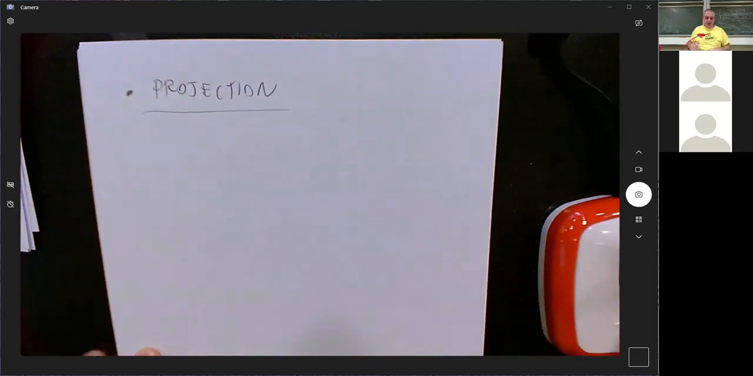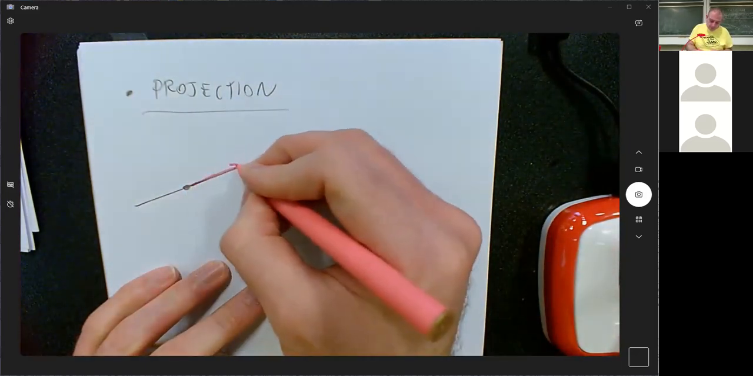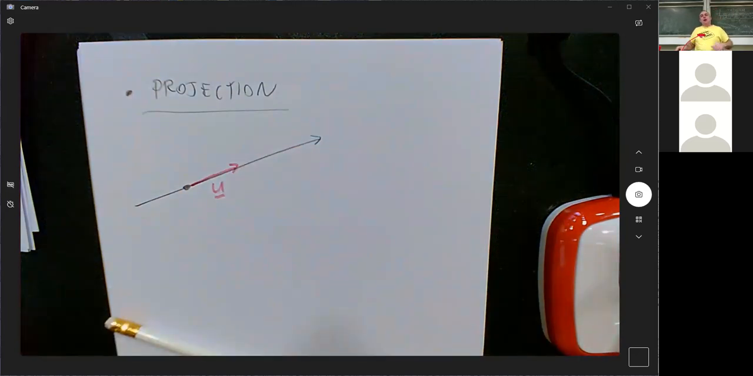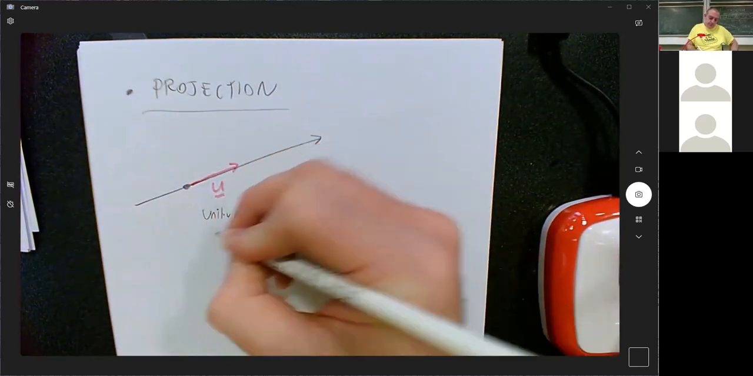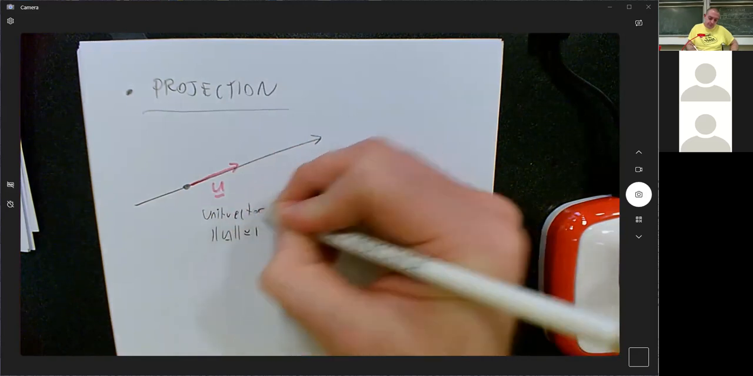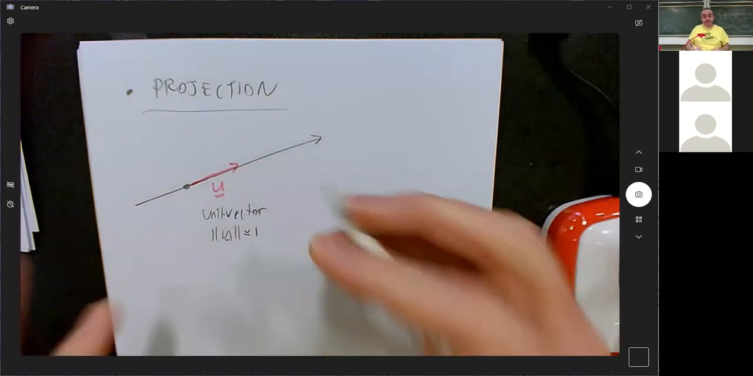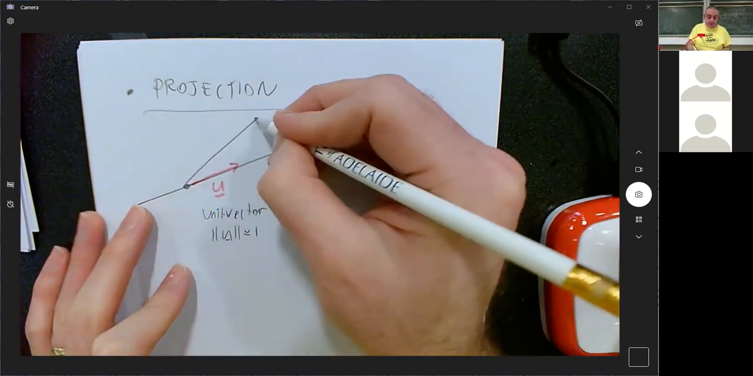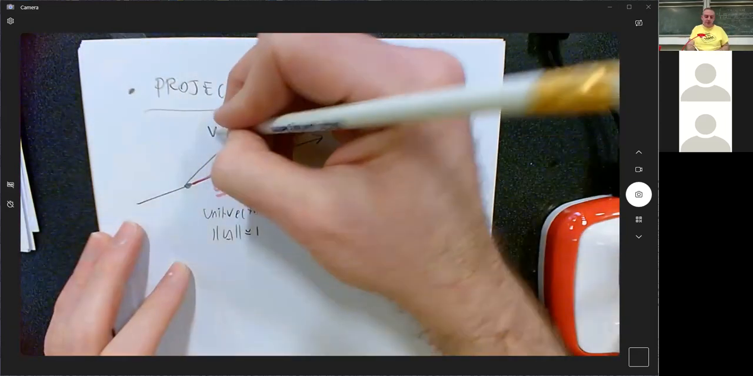The dot product does this as well. If you have a line defined by a direction vector u, and your u is a unit vector, which means its length is 1. If you have any other vector starting at the same place that u starts, which is v,